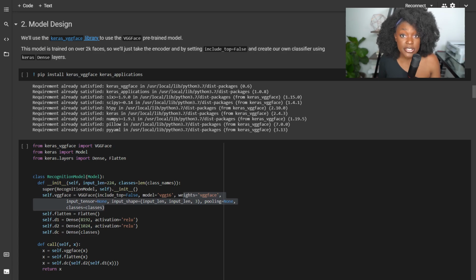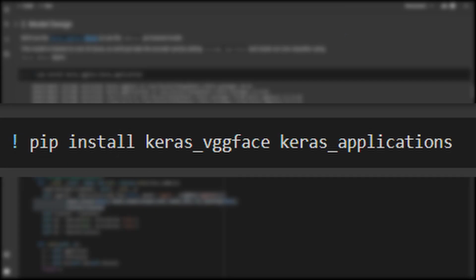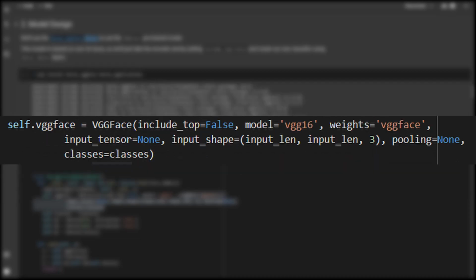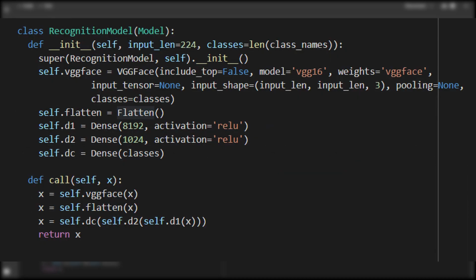Our model is going to use the VGGFace pre-trained encoder. VGGFace is a model based on the VGG classification model, but it's designed for facial recognition on the VGGFace dataset, which has over 2,000 unique faces. We only have 4 faces we want to identify, so we'll just take the encoder by setting include top to be false. Then we'll add our own classifier that we'll use to identify one of the 4 classes: Beyonce, Kelly,